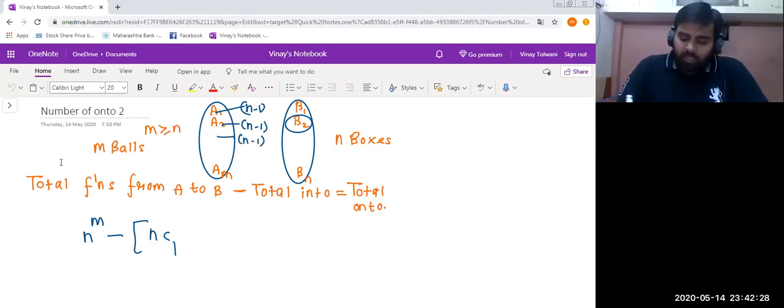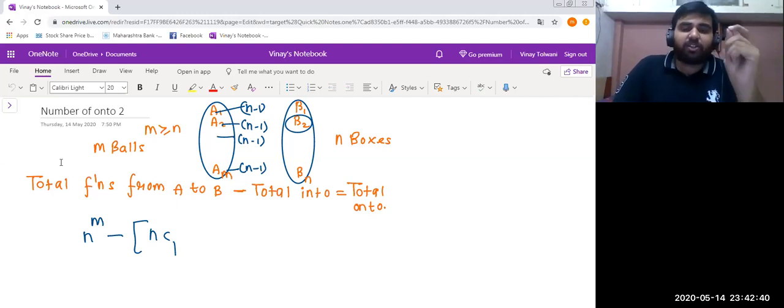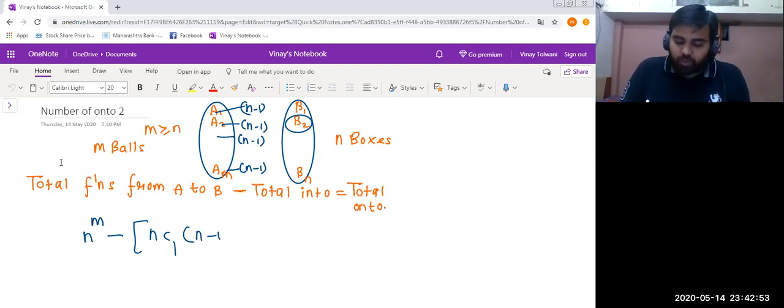And likewise, AM has N minus 1 choices, friends. So in total, we select NC1 as that one particular box which has to be empty, and in how many ways can these distinct objects be put in the boxes? That will be N minus 1 to the power M.